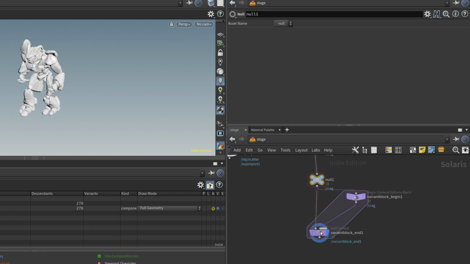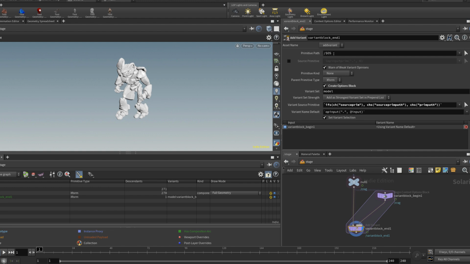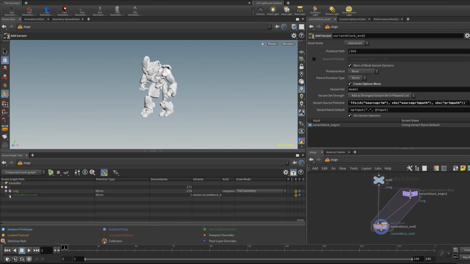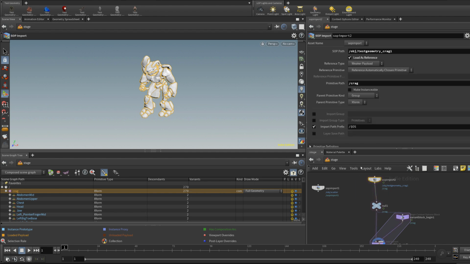So yeah, what's happening in here, if we look at this panel, first we need to define a primitive path where we want to store the variant. Right now it is basically within this variant block n that appeared. What we'll do is define this primitive path to Craig. And now you see that in variants, we have that onto the Craig primitive. So yeah, you just have to be cautious about that. And one thing, since we need to make things a bit cleaner, we'll drop all this hierarchy within another hierarchy called geo. To do that, we'll just do something like geo.